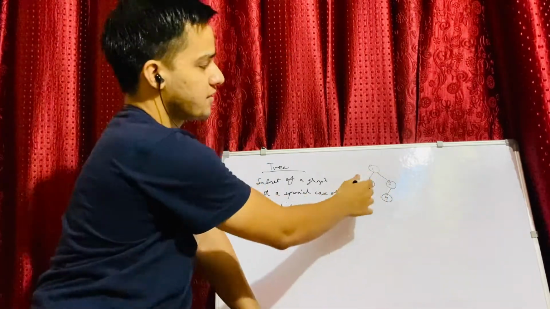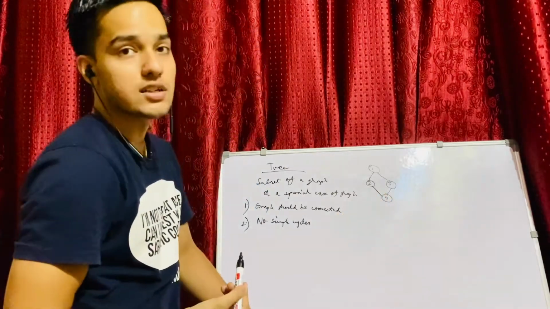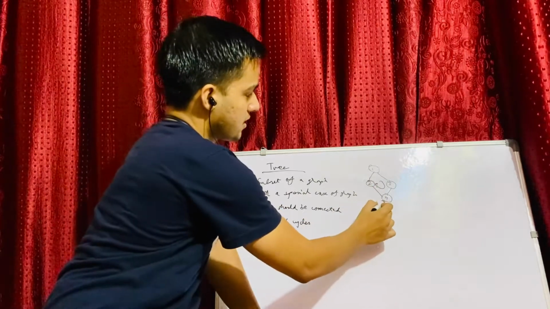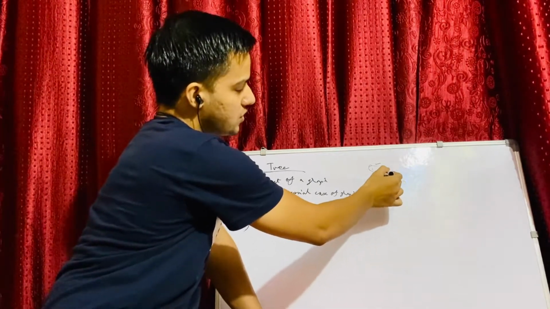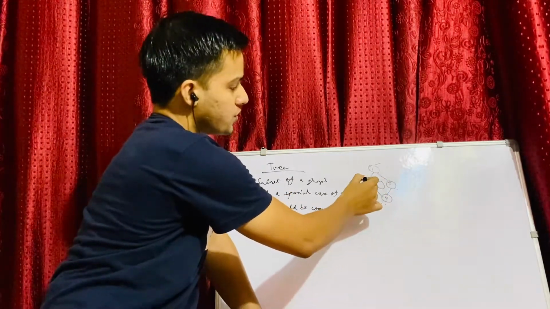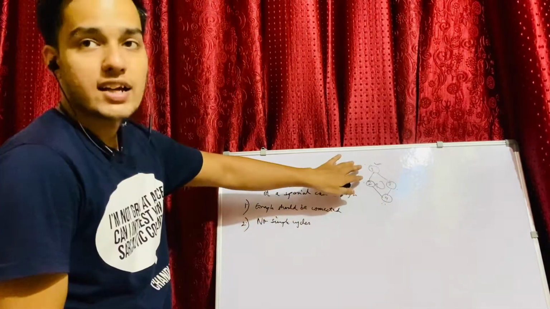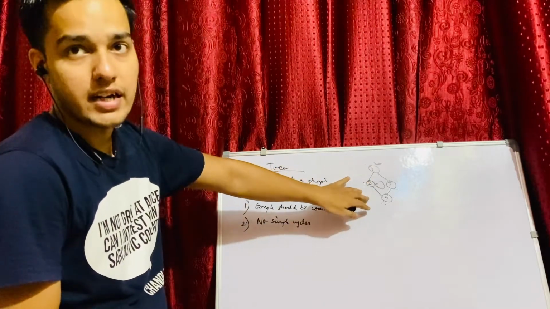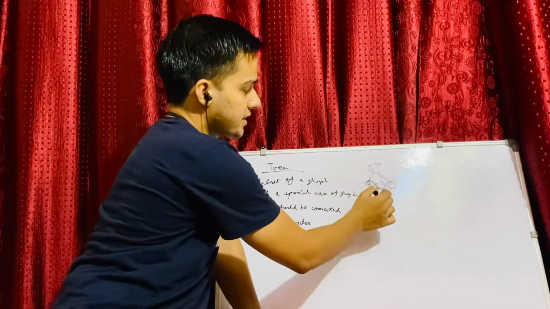So this is a graph where there are no cycles, but let's suppose I add another edge here, then there is a cycle here, because if you start from 1, you go to 3, then you go to 4, then you go to 2, and then again you can come back to 2. So there are multiple paths between any set of nodes in a graph. That means there is a cycle in the graph, and this is a case where the cycles are simple.